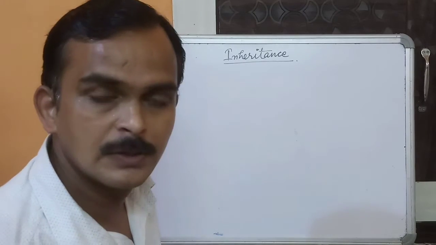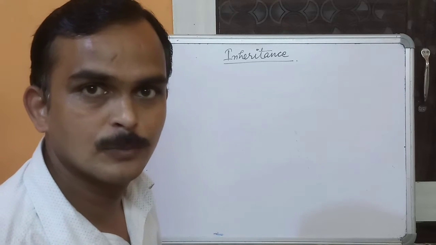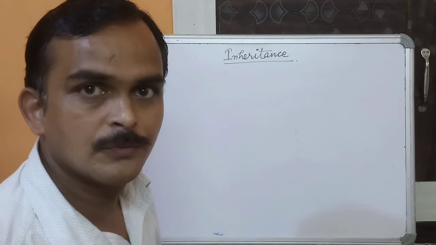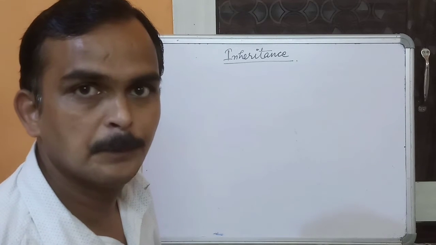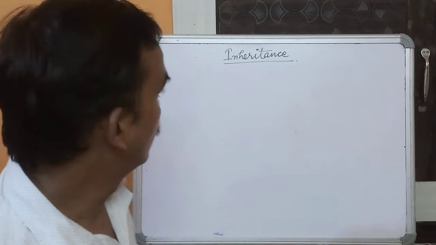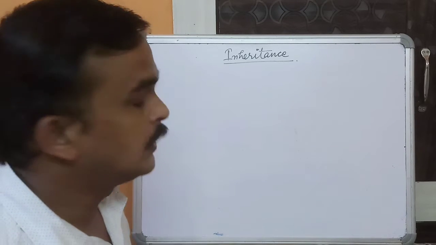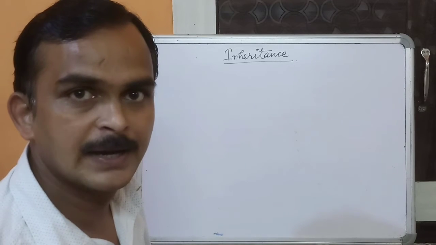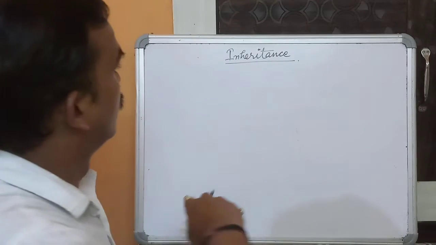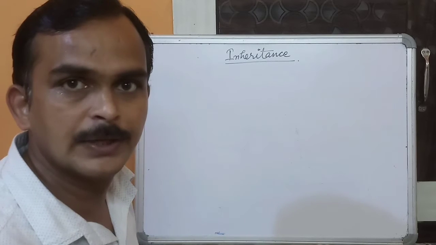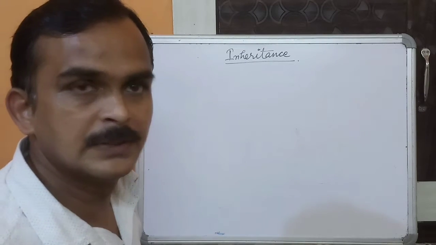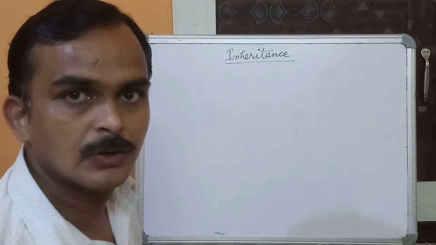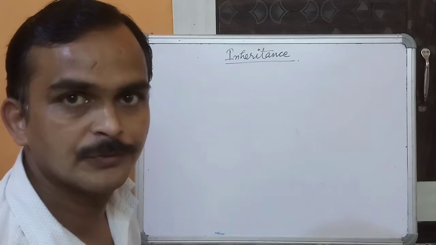Inheritance is a procedure by which one class object inherits all the properties and behaviors of their parent class objects. Okay, so in this we have the combination of parent class and child class. If we talk about inheritance, it is basically a child class inheriting all the features, all the properties, all the methods of their parent class.